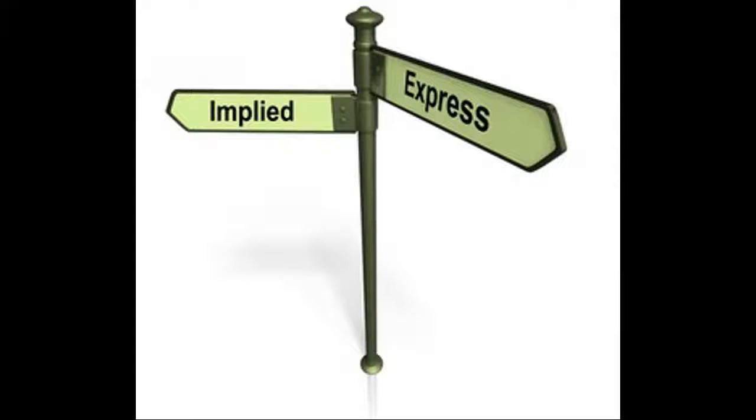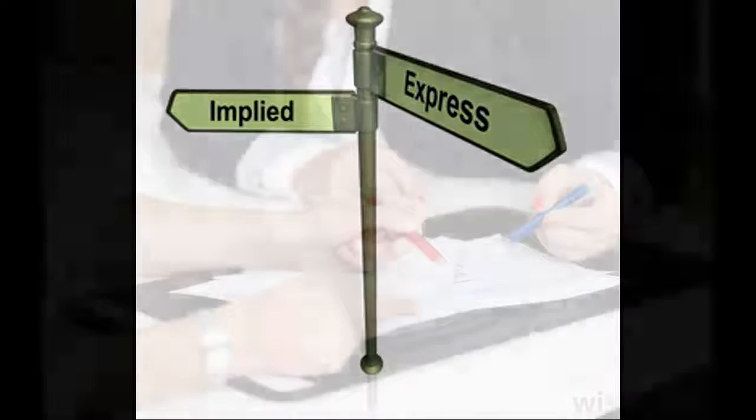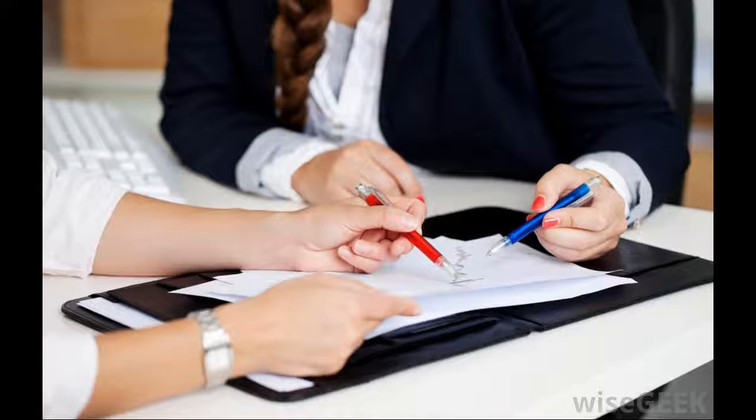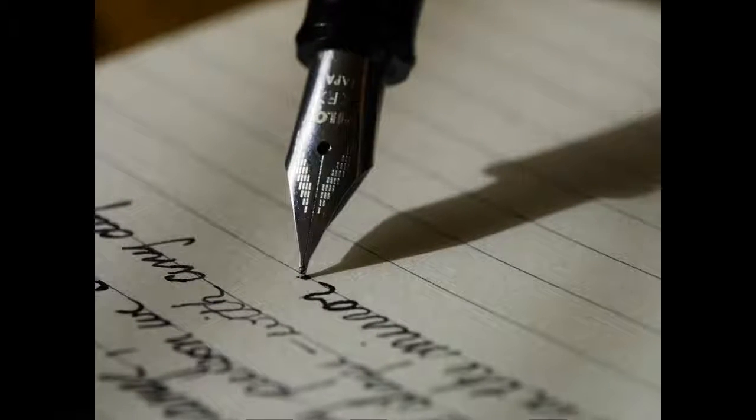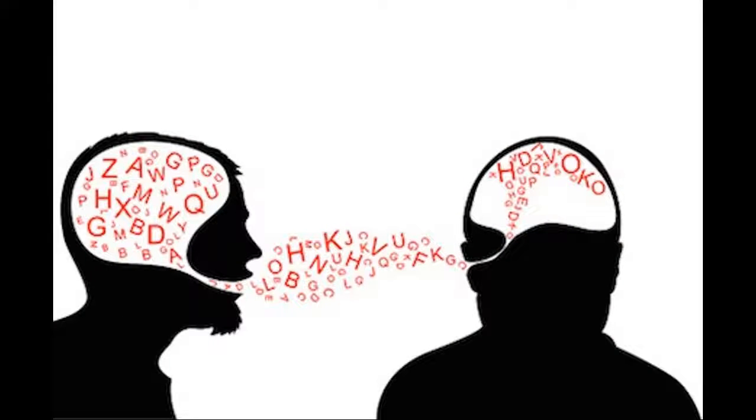Now our last section will discuss the several different types of contracts. There are express contracts and implied contracts. An express contract is a contract in which every single word is expressed and written out. An implied contract is a contract in which you do not specifically describe what you're going to do, but you're going to do it. So in a sense, it's like actions speak louder than words.